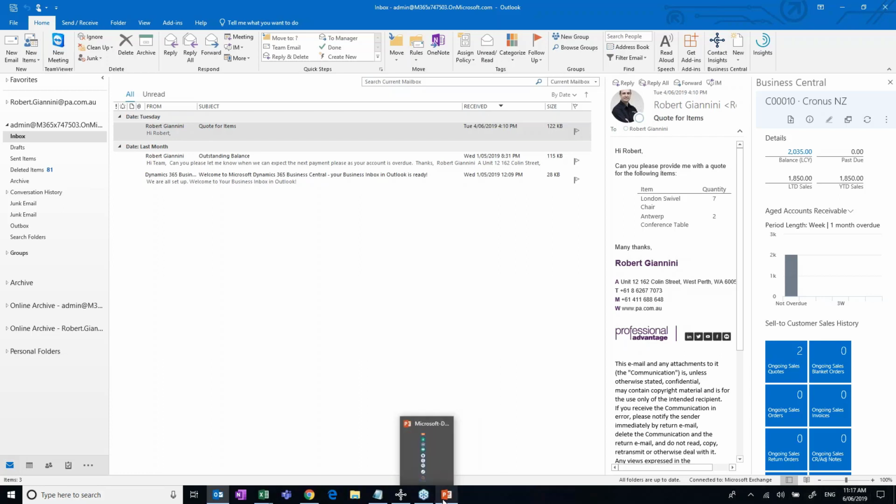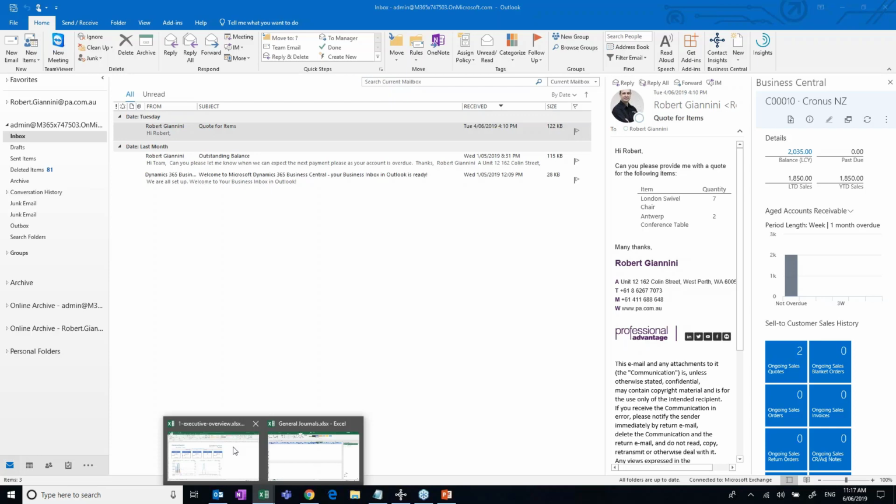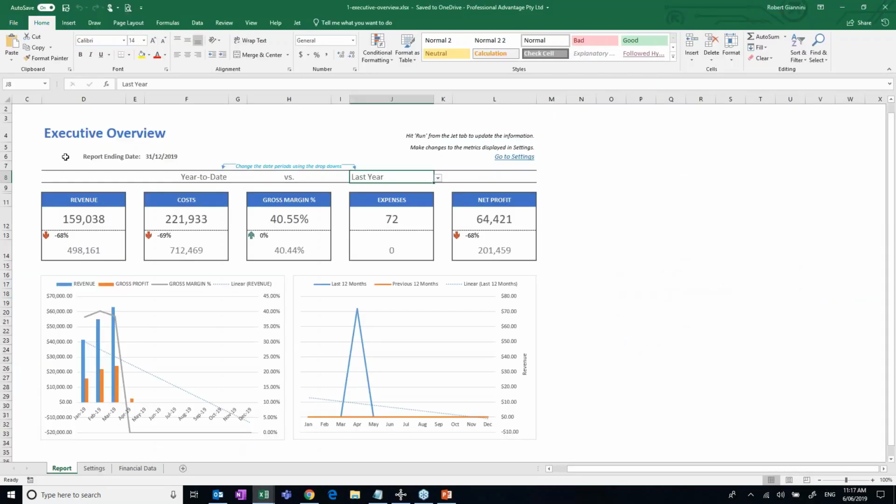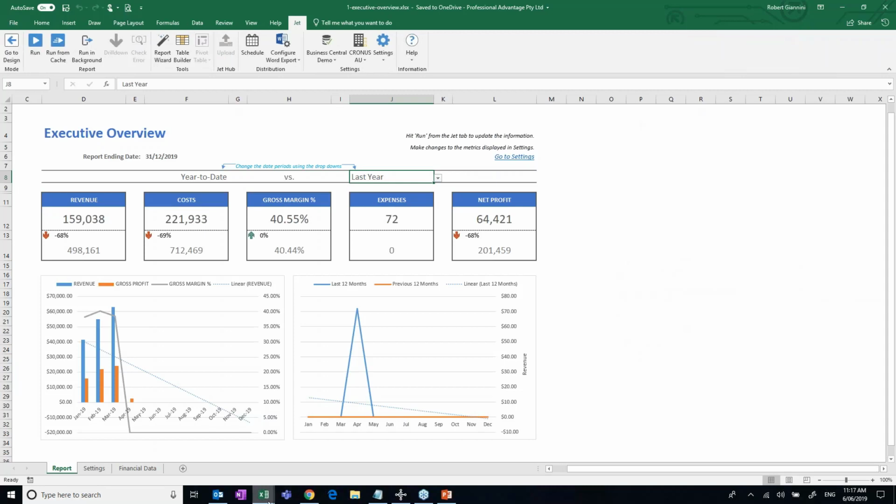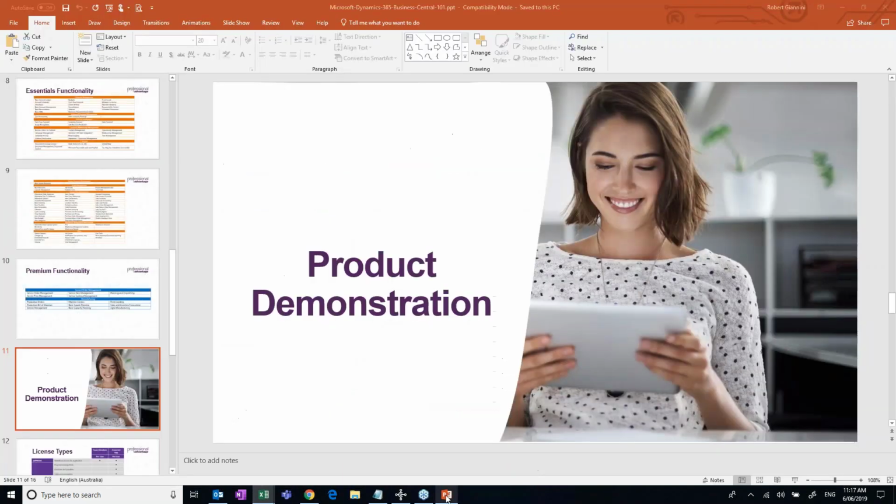So I will switch back to our slide deck and go through a couple other things I want to touch on. I was going to touch on some reporting stuff, just to show you some basic reports, but suffice to say that we can do some great financial reporting utilizing Excel and an Excel plugin called Jet, which allows us to run reports directly from within Excel. I can show you more of that, but we'll do that in an upcoming webinar, so stay tuned for that in the coming weeks. Just to wrap up